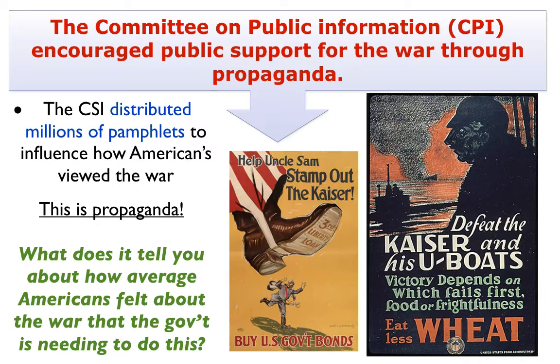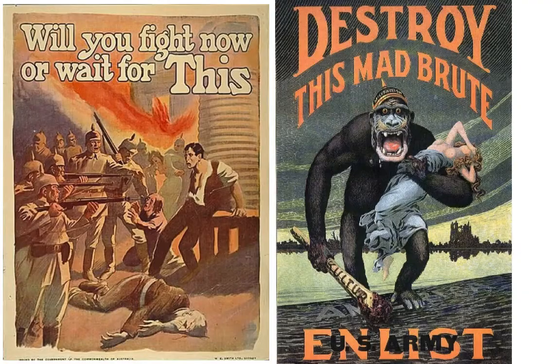Like you see here, they're trying to get people to buy U.S. bonds, which would help the government raise money to fight the war. Or they would tell them to eat less wheat so that they would have more food for soldiers to fight the war. You can see other examples here,